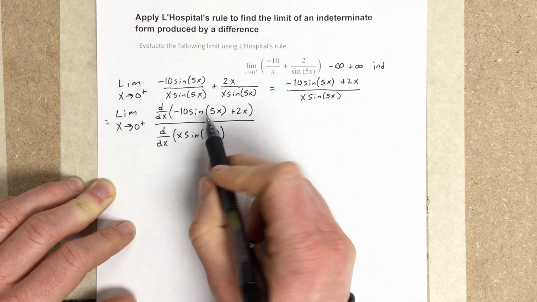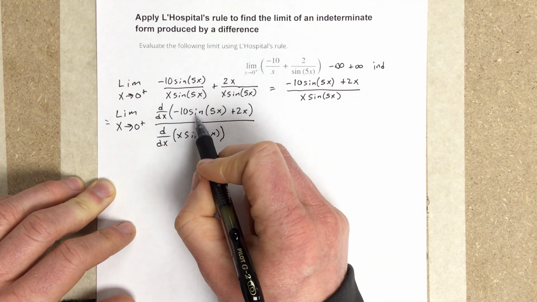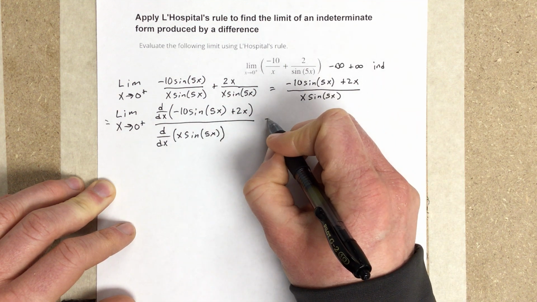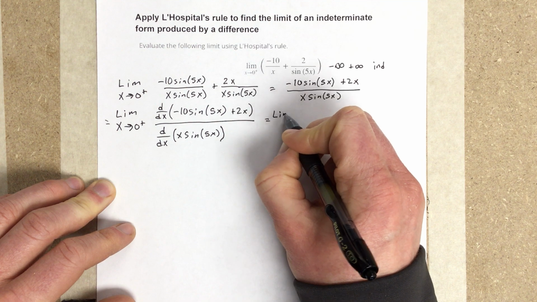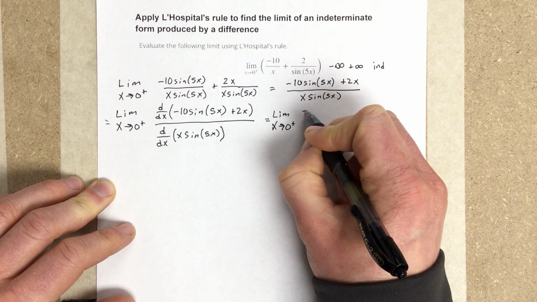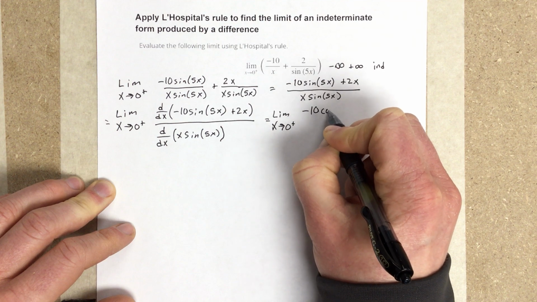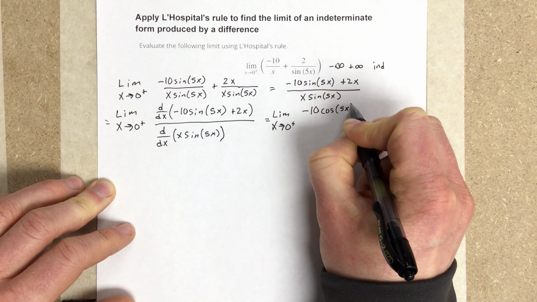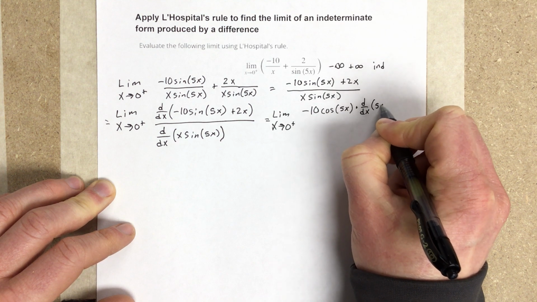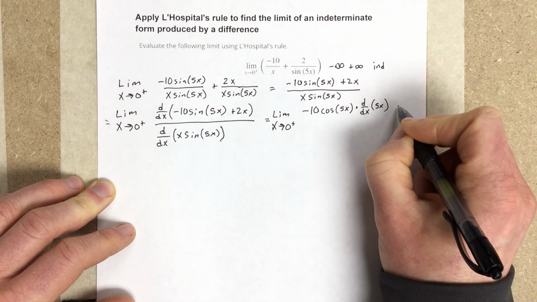When I take the derivative of the numerator, derivative of sine would be cosine, so I'm going to write the limit again. So I get negative 10 cosine 5x times the derivative of 5x,